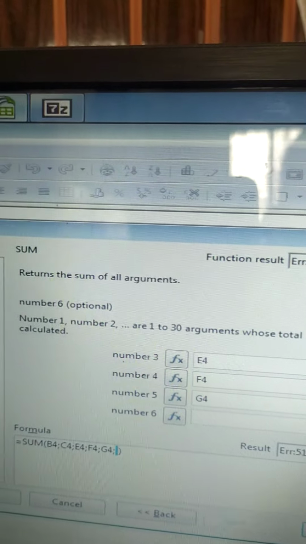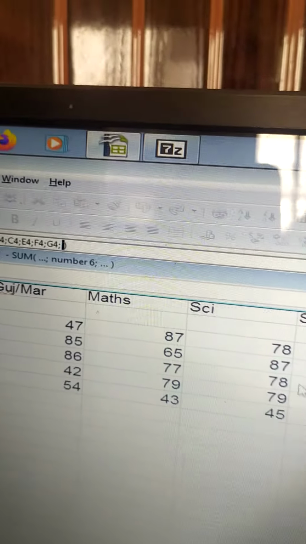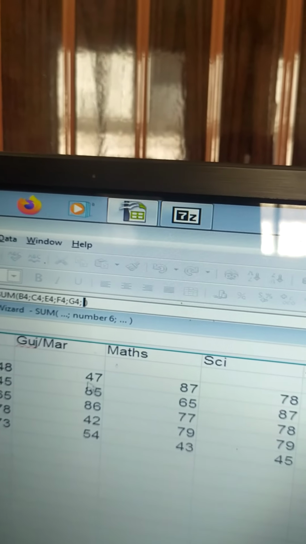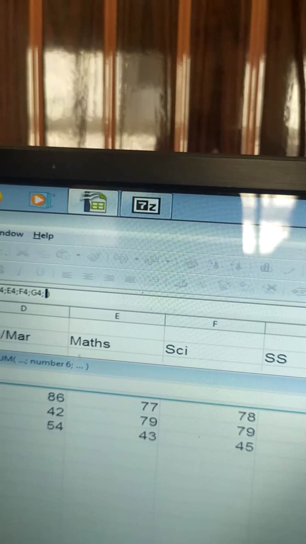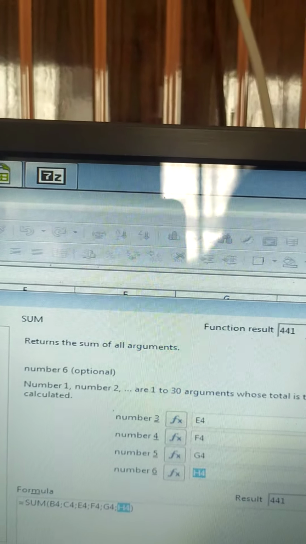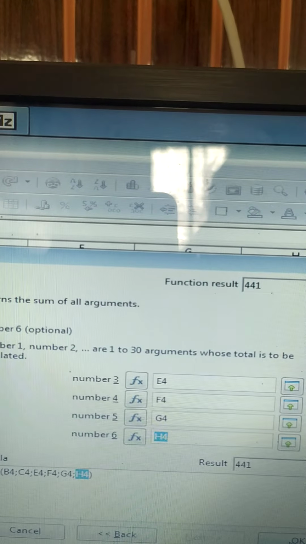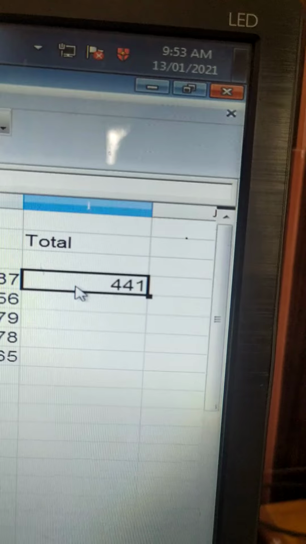Then H4, and then maximize. So all the subjects are added and then just click on OK button. So the total appears over here.